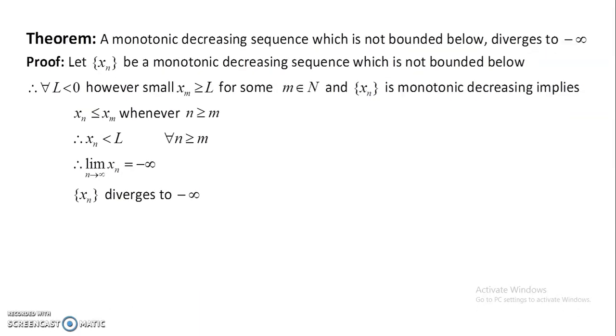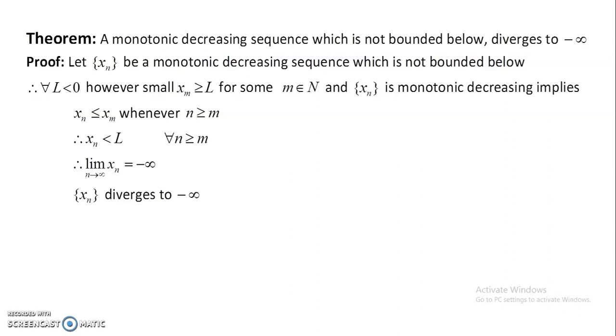A monotonic decreasing sequence which is not bounded below diverges to minus infinity. Let xn be a monotonic decreasing sequence which is not bounded below. Instead of every K greater than 0, we take every L less than 0, however small. That means xn is less than or equal to L for some m belonging to the natural numbers N, and xn is monotonic decreasing,